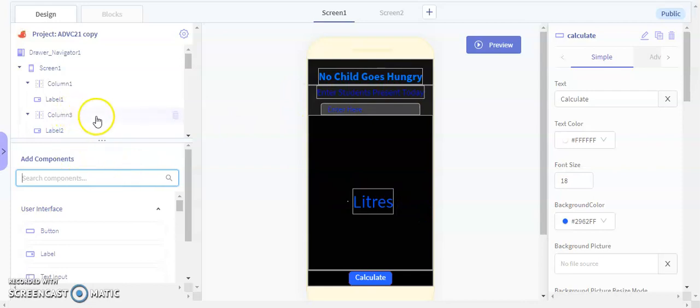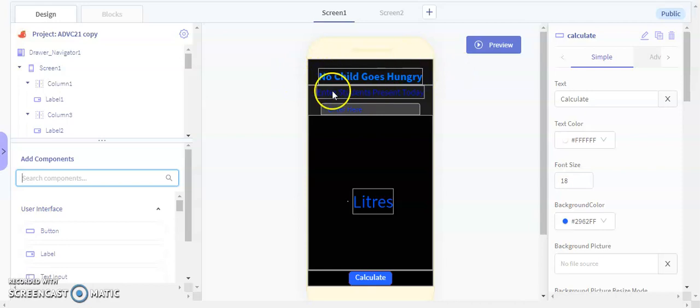So in Thunkable, you can't just put like, okay, this is your screen 1, and put all of your things in it. You can't do that in Thunkable. You have to use columns, and there are 3 columns in this game actually. So this is one column.